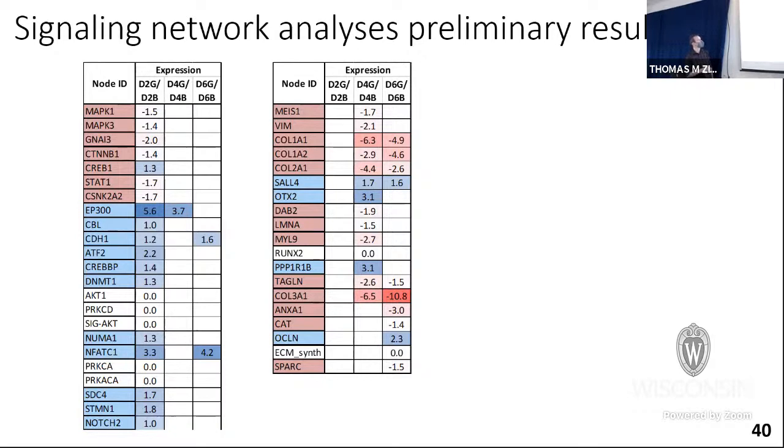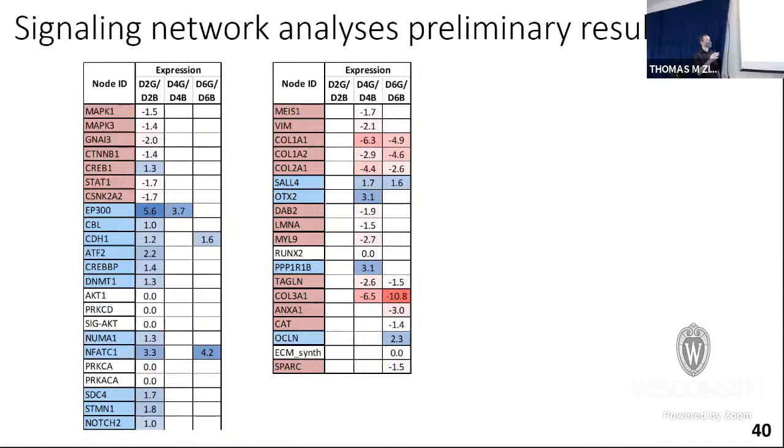And there are some that are conserved over multiple timescales. So for example, this protein EP300, which is actually a protein that modifies the DNA status, or how the DNA is folded within the nucleus, is consistently upregulated at early time points in a good differentiation versus a bad. There's other ones, a lot of collagens, which I mentioned are secreted by a lot of these off-target cell types, as we would expect to be upregulated in a bad differentiation, are indeed continually upregulated at later time points in the bad differentiation.